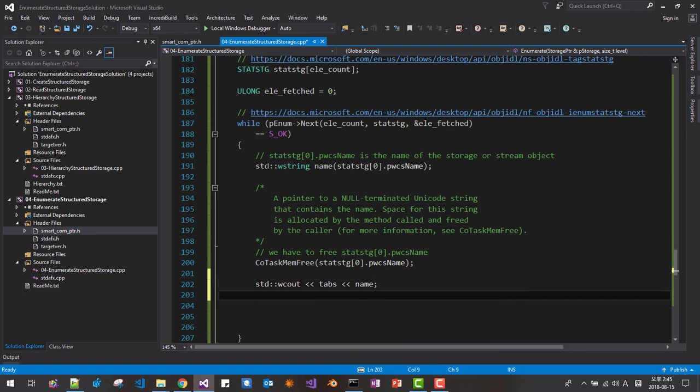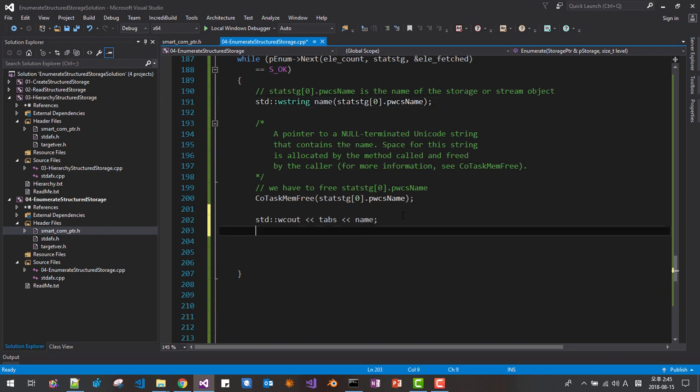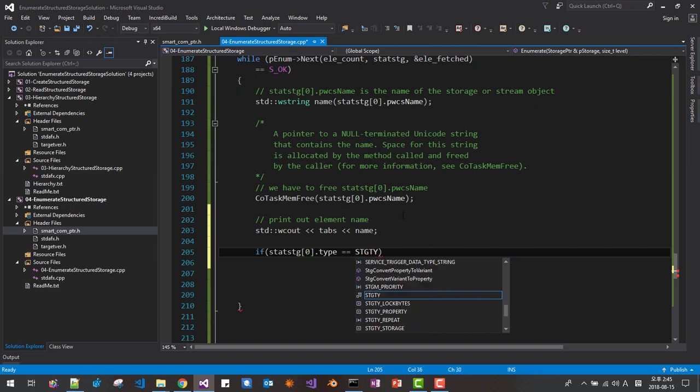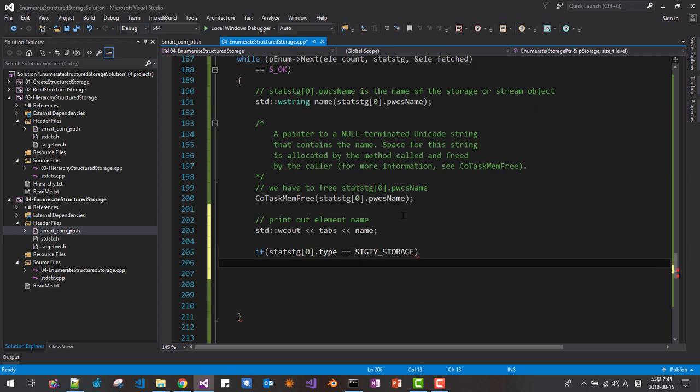Okay, we can actually get, okay, then here print out element name. Okay, now if STAT STG 0 type equals STG type, ty means type, storage, else